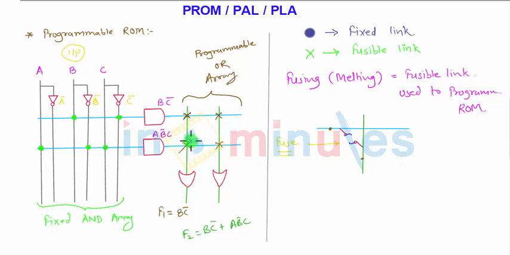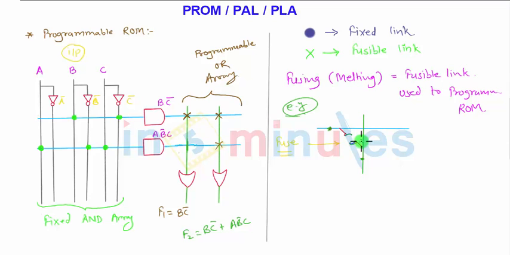So the same thing I did here, due to which this connection is not present there, so I melted the fuse over there. So because of that the connection vanished. Otherwise it was programmable. All the fusible links are always present there. To remove the fusible link, across these two wires here, for the example I have shown, I need to supply surge current, due to which whatever fuse was there melted and the connection was made open. So this is how the fusible link, or the programmable link, you can say works.